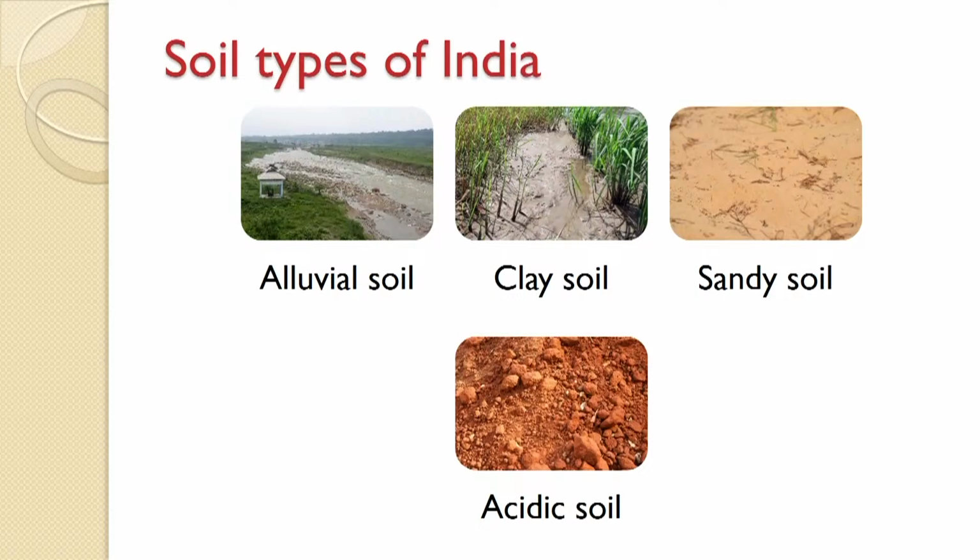A soil is called clay when it has a high amount of clay particles, and we all know that soil generally has three types of particles, that is sand, silt and clay. However, the clay particle is the most reactive in nature, and when these clay particles are high in the soil, it will have higher cation exchange capacity, water holding capacity, as well as nutrient retention capacity. So as a result, this soil will be highly fertile in nature, and it can support various types of